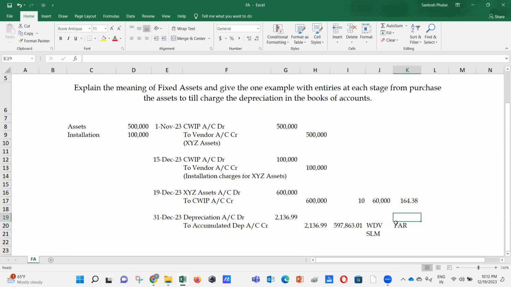And when we are going to do the physical verification of the assets, we are going to do it based on the fixed asset register, not on the FA schedule. In the FA schedule, you are able to see the total balance of assets is 1 CR. But what assets were added into that 1 CR, how many quantities we have, which sort of asset is there, A asset, B asset, C, D, we will be able to get all that from the fixed asset register,